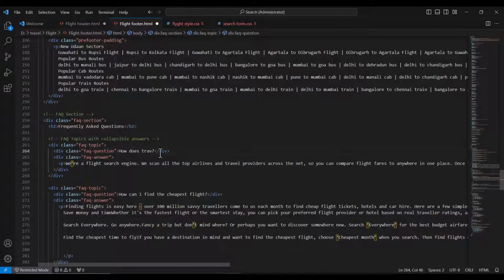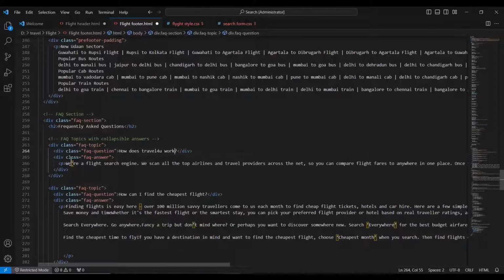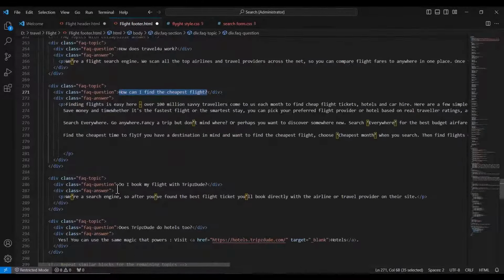And if you want to add this, you can just copy the entire code section and just duplicate it and you can just add another questions like this. Okay, you can change all the textures. The demo text you can just replace it. Like this you can change all the FAQ sections